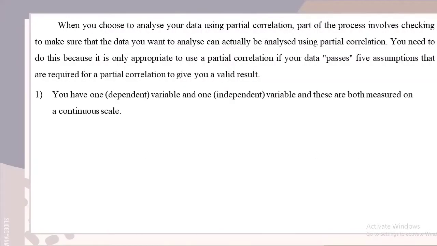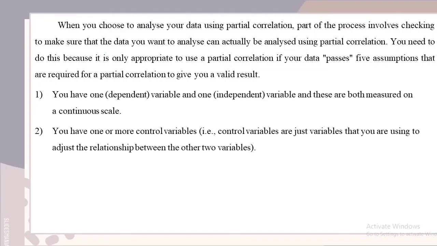First, you have one dependent variable and one independent variable, and these are both measured on a continuous scale. The second is you have one or more control variables, namely variables that you are using to adjust the relationship between the other two variables.